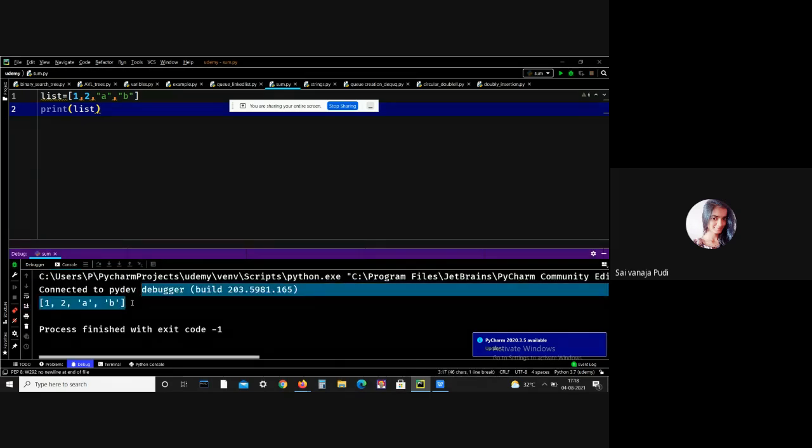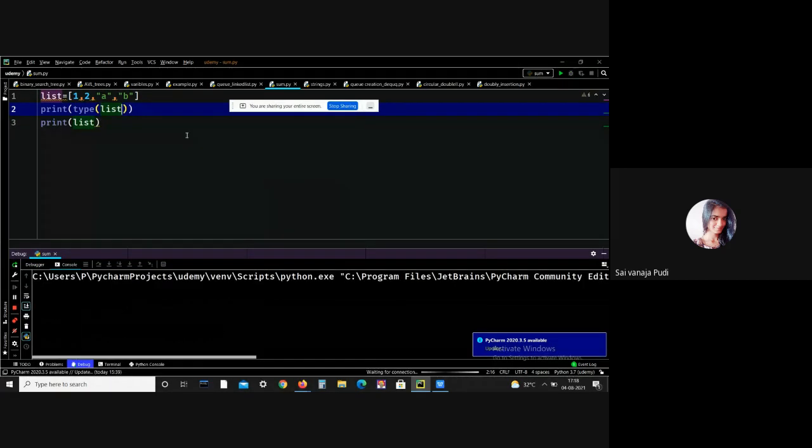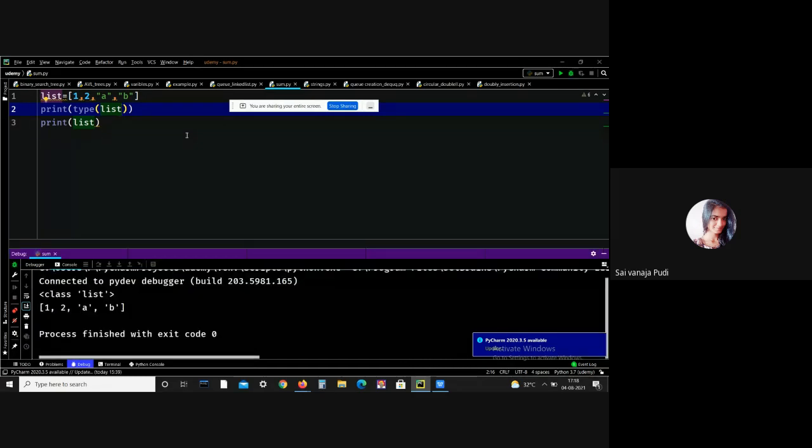And let me print the type of it. See, here we got the output, that it's a list. So we can declare that this particular sequence of elements is a list. This is all about lists.